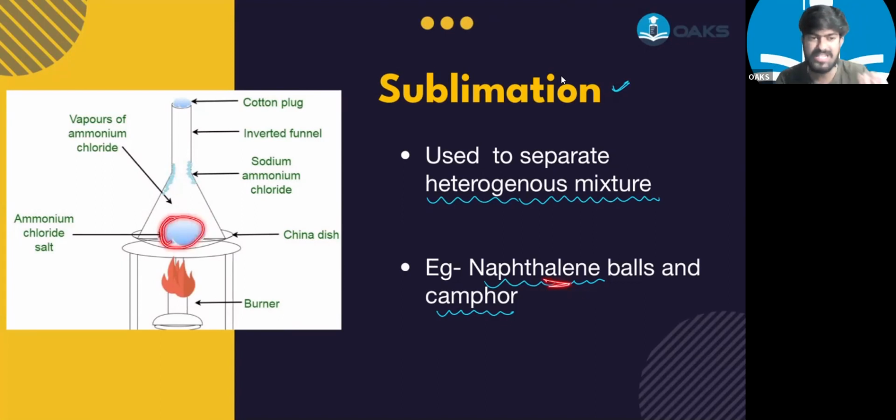Okay. There is one more example, which is the mixture of ammonium chloride salt. This ammonium chloride salt can also be heated. It contains some sodium chloride as well. So the sodium chloride will be separated here, and you can just take out the sodium chloride, and the ammonium chloride will be present here only, right? So this is how we can separate a heterogeneous mixture with the help of the process known as sublimation. Yes or no? Understood or not?